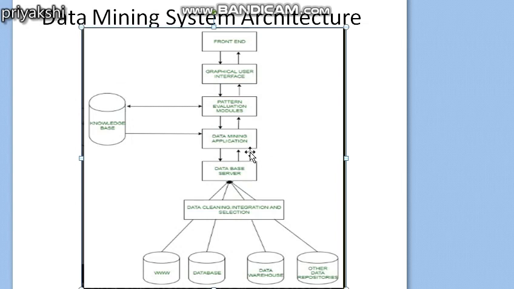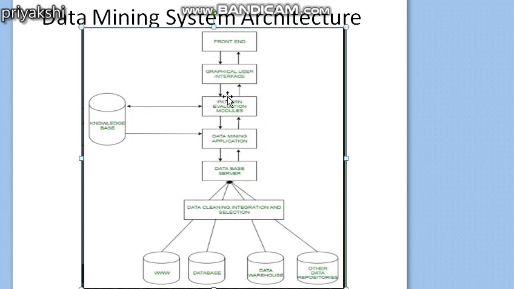Next come the data mining applications, or in some books the data mining engine, which consists of a set of modules for different data mining tasks, such as association analysis, classification, and clustering analysis. Next, we will talk about the pattern evaluation module. This component employs some measures and threshold values and interacts with the data mining application so as to retrieve only the interesting results. You can compare this pattern evaluation module with the pattern evaluation step in the KDD process.